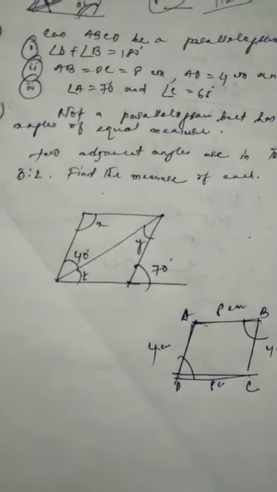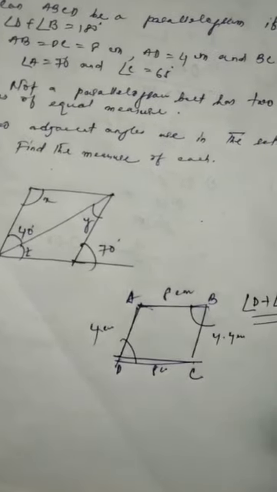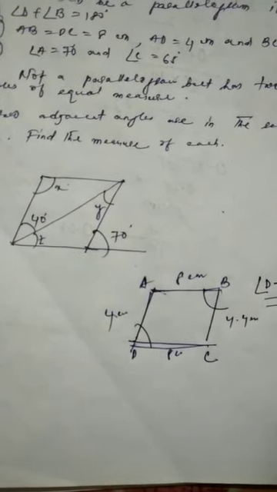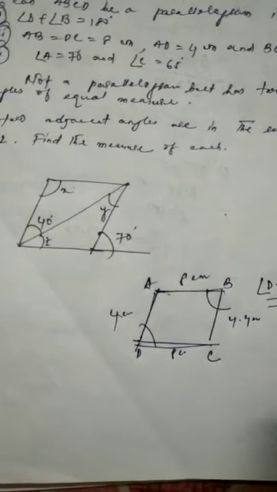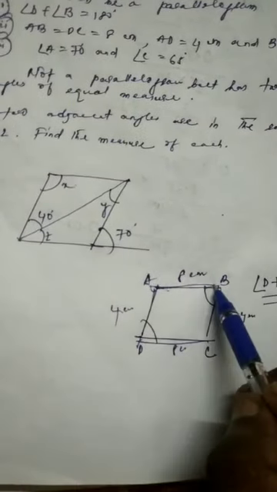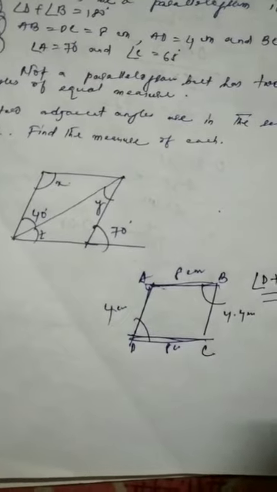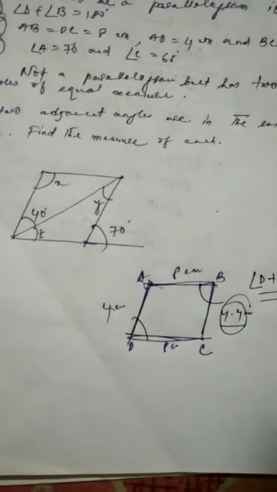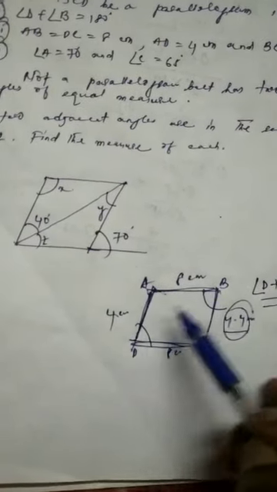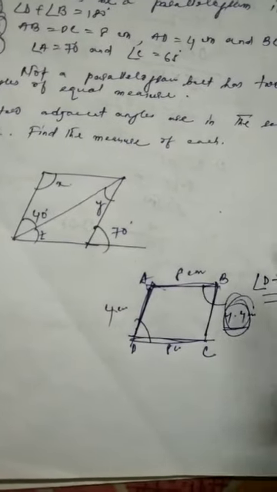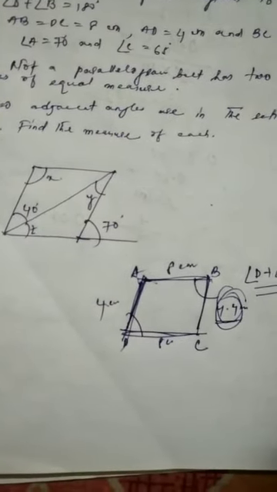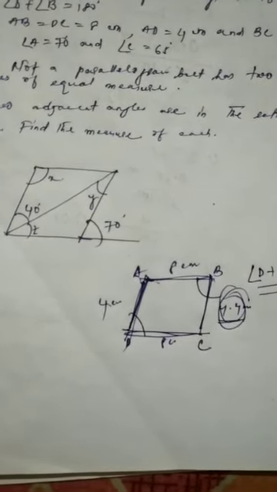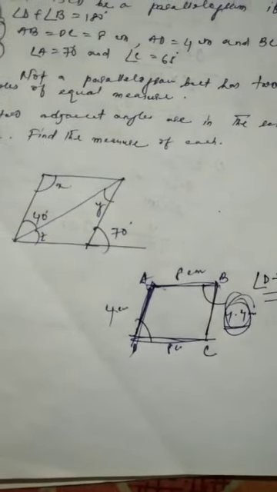Children, there are some conditions which we have to understand first. As we know, in a parallelogram, opposite sides must be parallel and equal. So here AB is 8 centimeters, CD is 8 centimeters. That is okay. But AD is 4 centimeters, BC is 4.4. That is not possible. Because if BC measures 4.4 and AD measures 4 centimeters, that can never form a parallelogram at all.